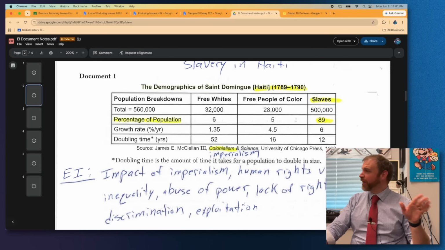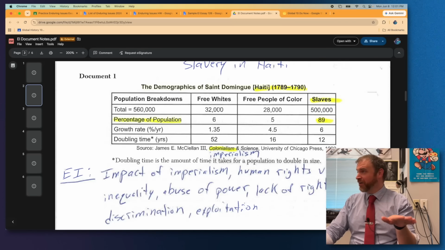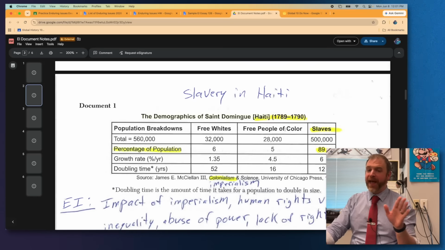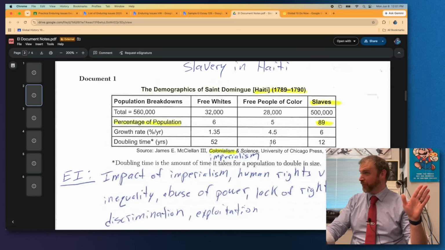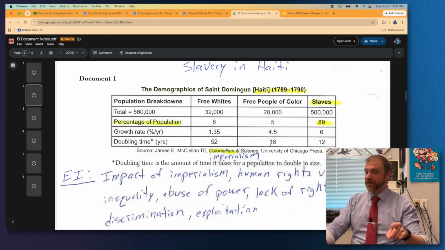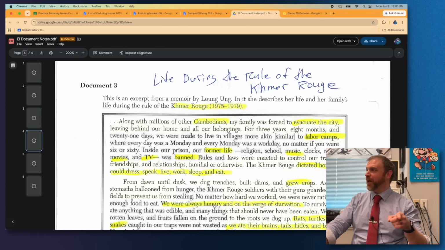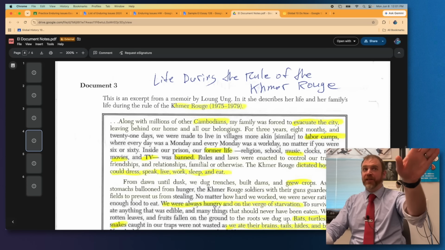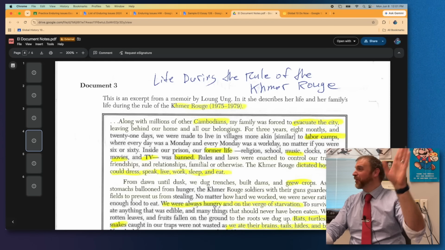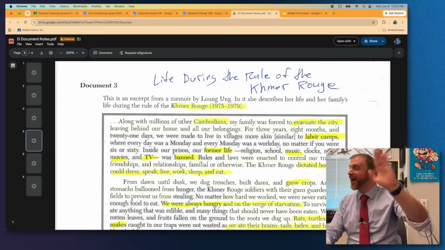We talked about how you can write about your own personal experiences for outside information. So you could be a person who's from Haiti, who had to escape bad conditions in Haiti, and you know a lot about Haitian history. But we did not spend a lot of time in Haiti in class. We did not spend a lot of time on the Khmer Rouge in Cambodia in class. We spent 1 day on this. And you might not have even been here that day, so you might not really have any idea what that's all about.